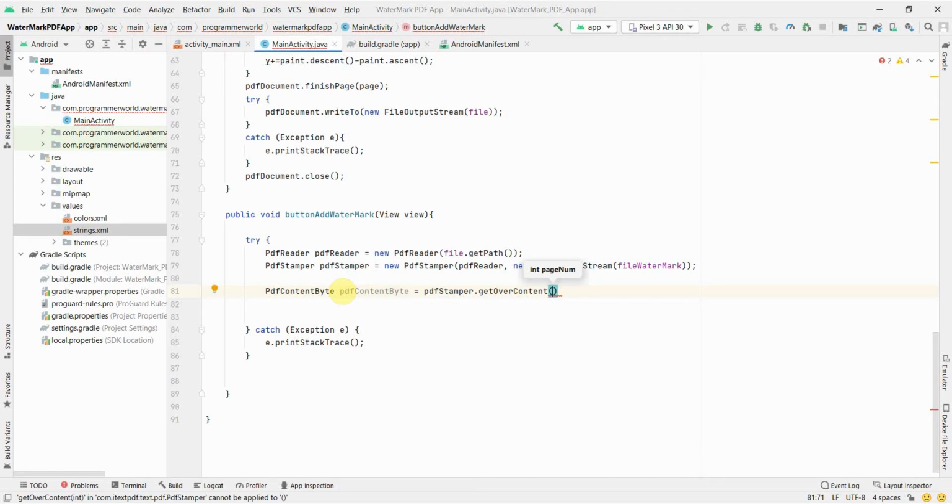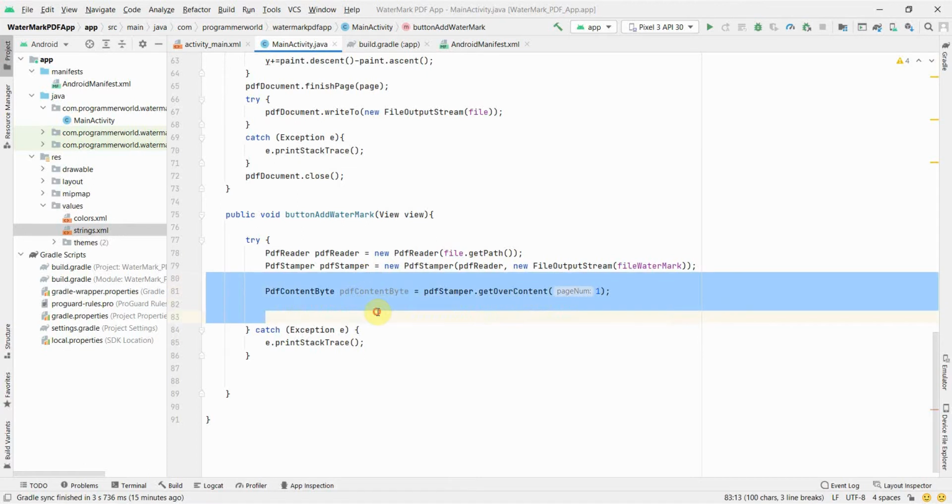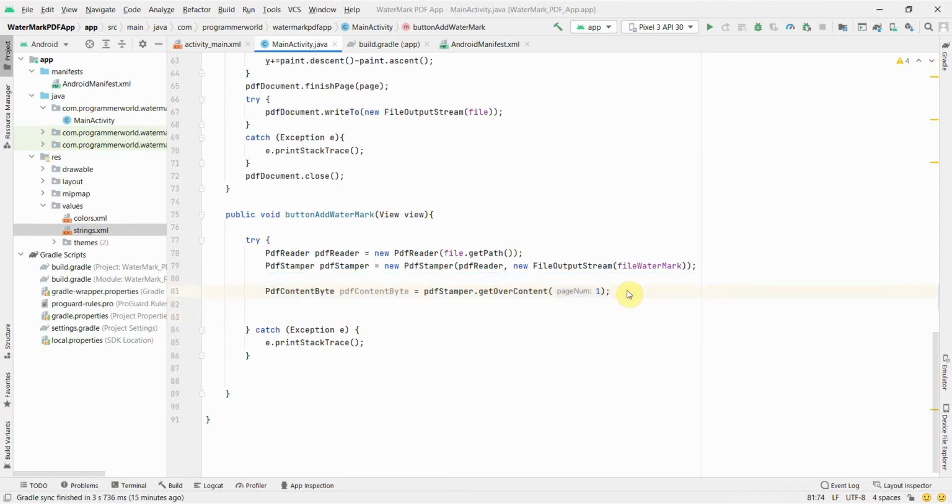the particular watermark. And then the page number, please note the page number starts from first page number. So here if you have multiple pages, you may have to iterate in a for loop, but for simplicity I'll just take the first page and do it on that one page over here, and that's it. And then what else we'll do is we'll put the text or the watermark on this particular PdfContentByte, which will make sure that it goes like a stamp on this particular page whatever we are creating here.